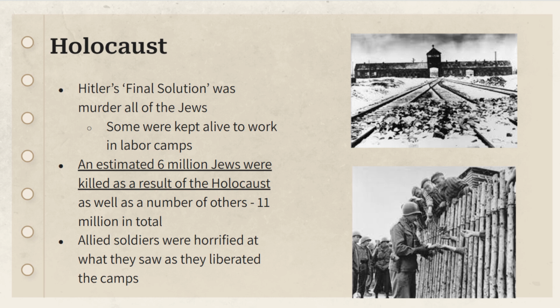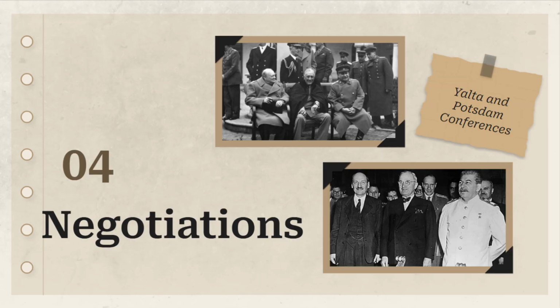Now, it's not just Jewish people that are dying from the Holocaust in these concentration camps. It's also Roma people, like gypsies, disabled people, and political prisoners. So when Allied forces liberate these camps, they're really horrified by what they found. I think there were definitely ideas about what was going on. They knew that the Jewish people were being sent to these places. I think they just did not expect the horrors that they actually saw there.